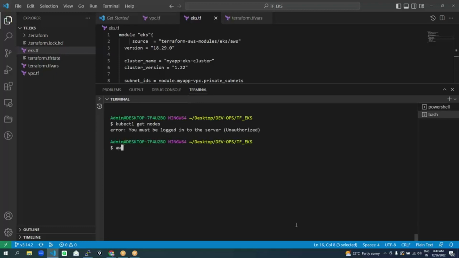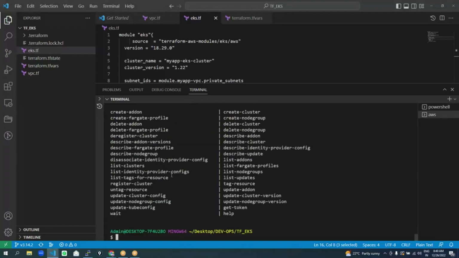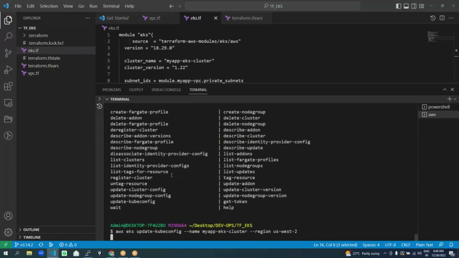You can run the command aws eks update-kubeconfig. Okay, there is some command to update your config. Give me a second, I'll show you the command. Okay, that is the command, but